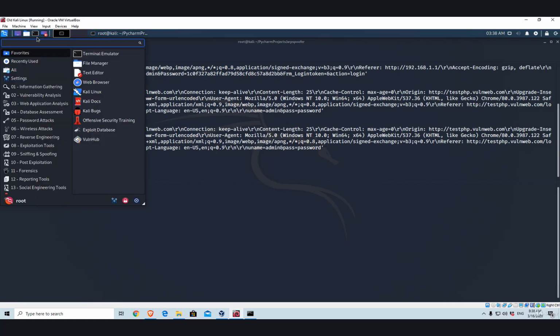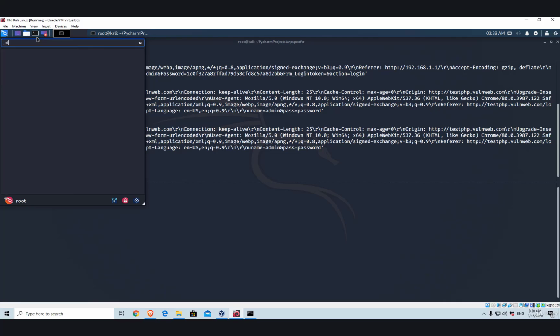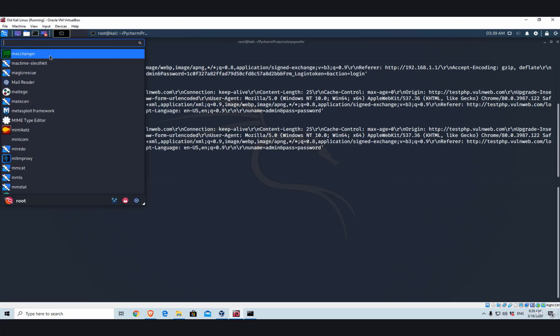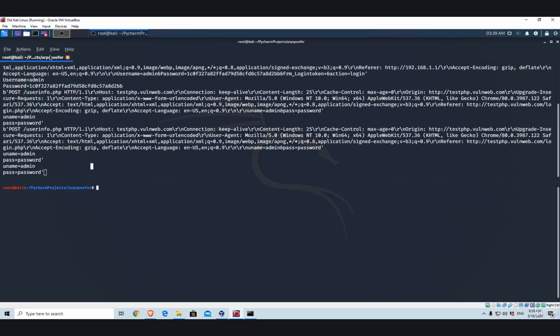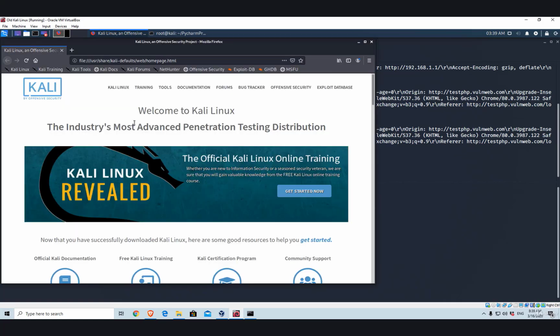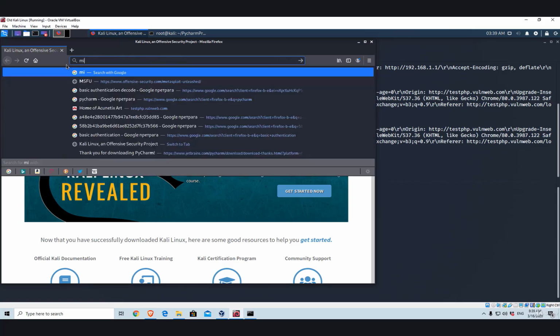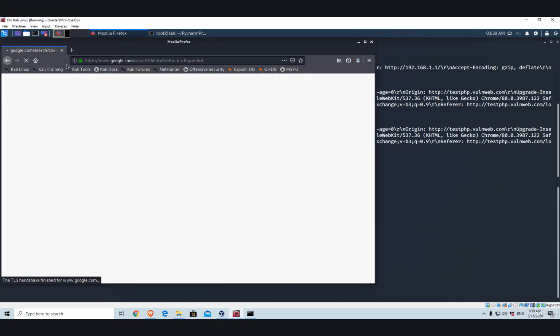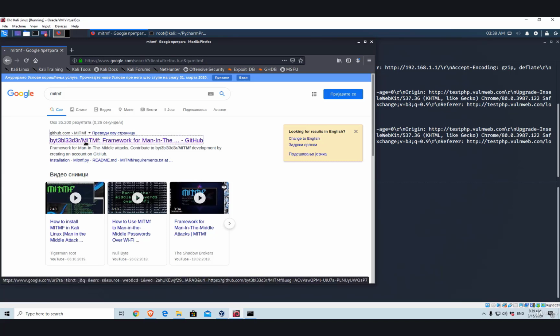So you can use a tool called, for example, MITMF, not really sure if it is installed right here. Yeah, you can also use the MITM proxy, but I would advise you to go into the Firefox. If you want to use the real man in the middle and ARP spoofing tool that comes with a bunch of different options that will help you fully execute your attack, you simply go and download a tool called MITMF. You would simply click on this first link,